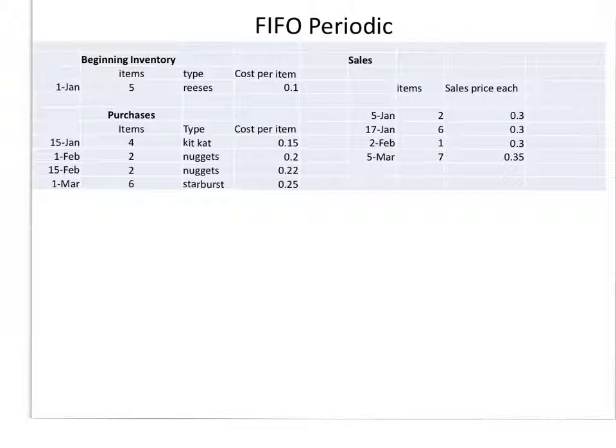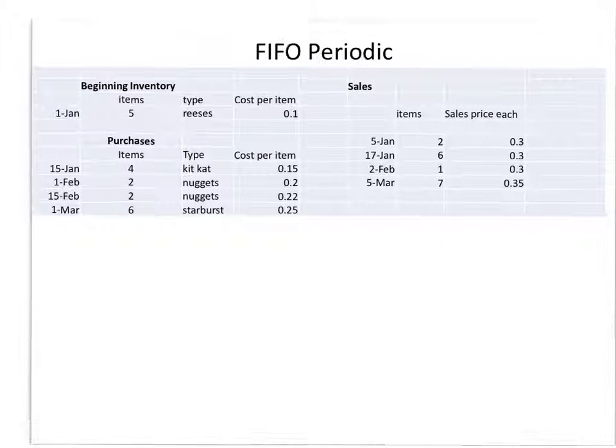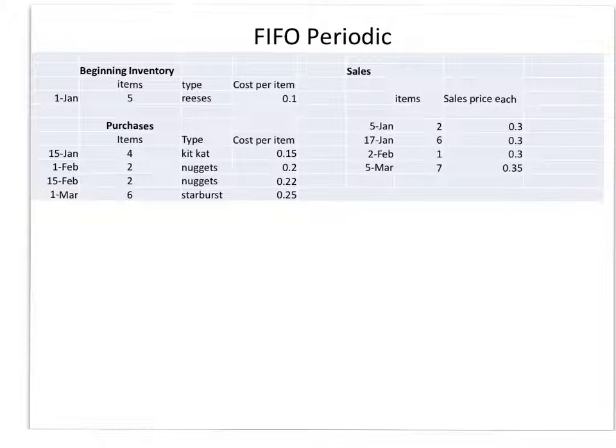All right, so I'm posting the explanation for the big inventory problem that we did in class. And we'll start with FIFO periodic. So remember, with the periodic methodologies, you find ending inventory and then you find cost of goods sold via that formula. And so remember, the formula is